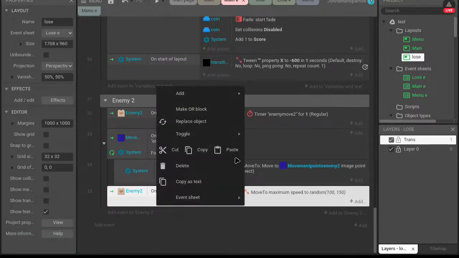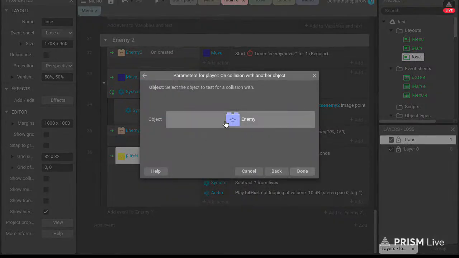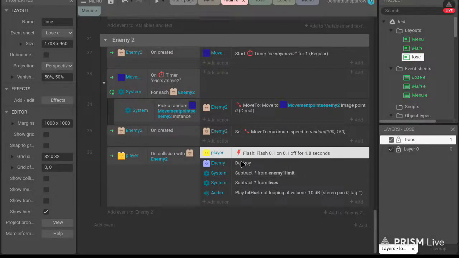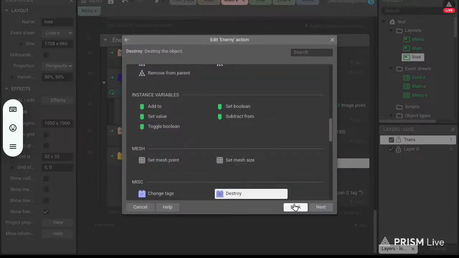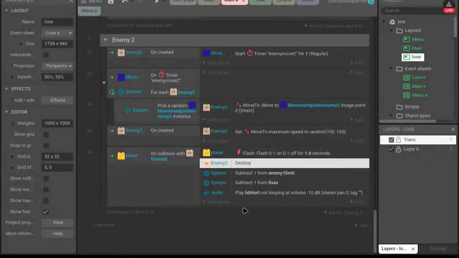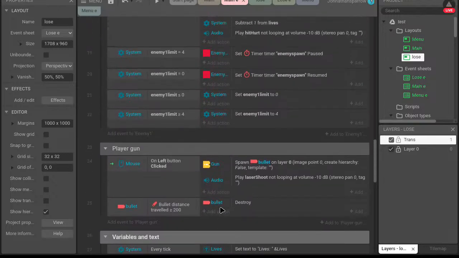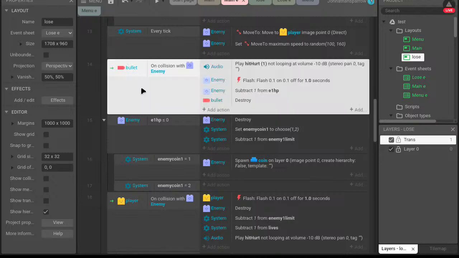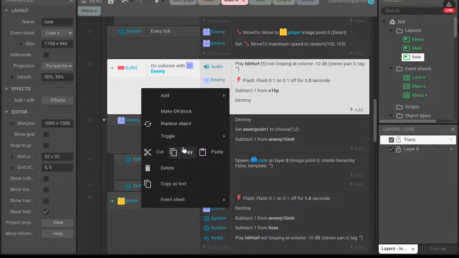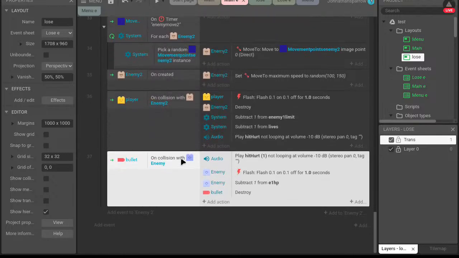I want to add that, so I want to change that to the new enemy. There's a couple other things though.